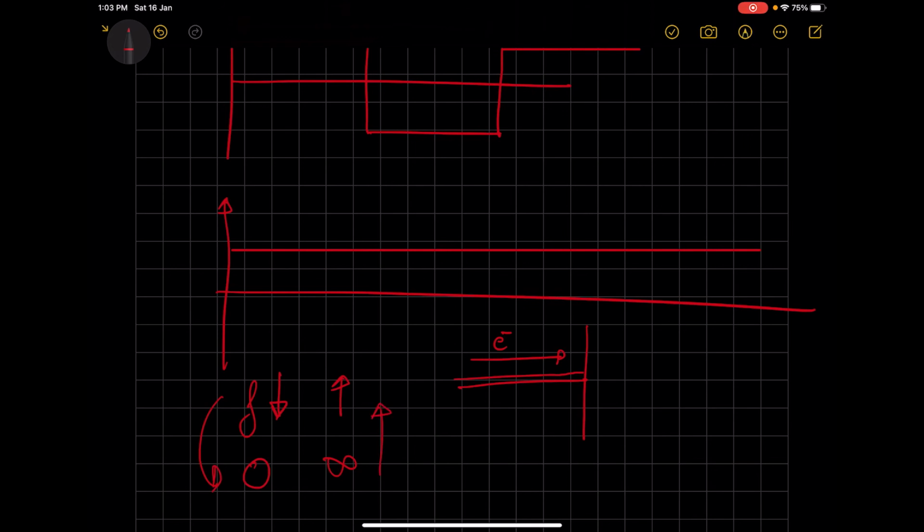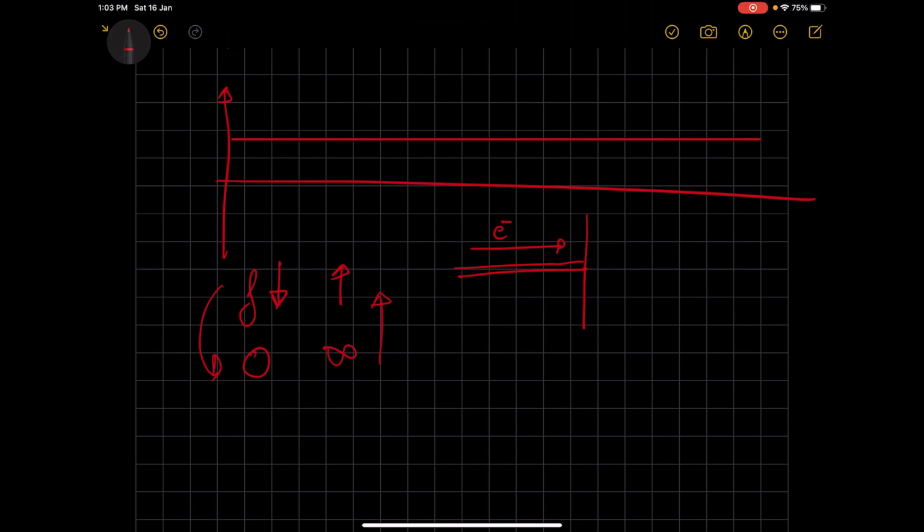There are formulas to calculate the impedance of the capacitor, that is given by Z equals 1 by 2 pi f C, where f is the frequency of the signal, C is the capacitance of the capacitor, and Z is the impedance offered by the capacitance. And you can see from the formula that if the frequency increases, the impedance will decrease, and if the frequency decreases, the impedance will increase. And we saw that intuitively.